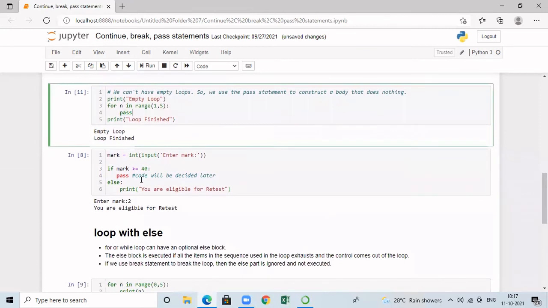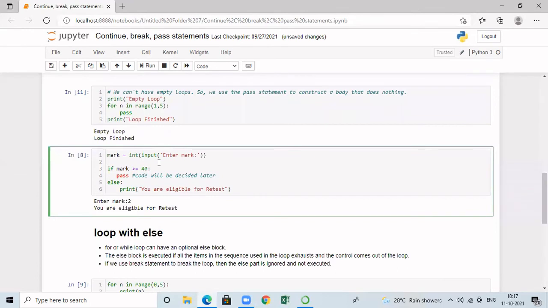It's not that we have to use the pass statement only for loops. It can be used for implementing any functionality or any block which is not known currently. For example, let me assume that I want to read the marks of a student, and based upon the mark of the student, if the student gets a mark less than 40, I want to give the retest to the student because I want to improve their performance. But if the student already passes by getting 40 marks, I don't know what is to be done. I don't know whether I have to give the retest or I have to reject it.